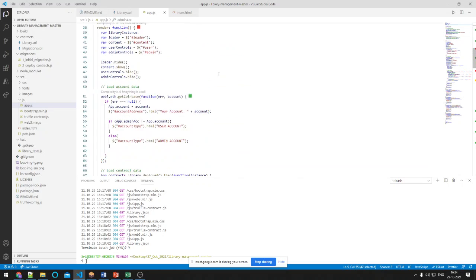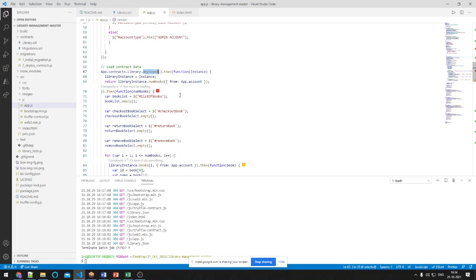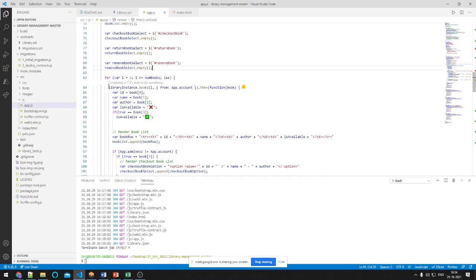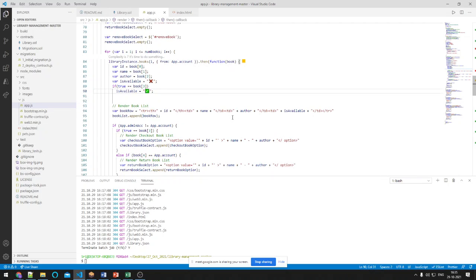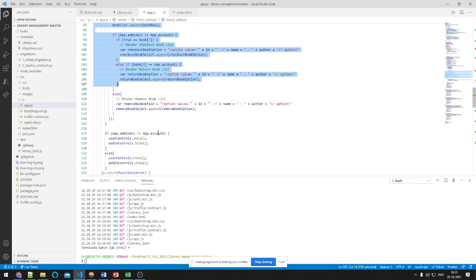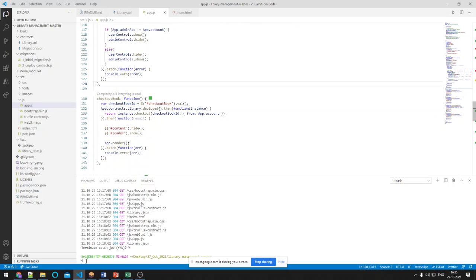Within this, once the application is deployed, it takes the total number of books, and there are promise functions from here. It iterates through the list of books and makes sure the lists are empty. Then we build the drop downs and a dynamic table, and within the table we show availability and non-availability through visual indicators, so you can visually identify whether a book is present or not. Once the entire table is built, it is rendered onto the front end.